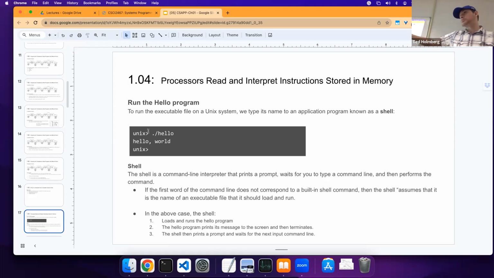So let's start with the shell. The shell is our command line interpreter that prints a prompt, waits for you to type a command line, and then performs that command. If the first word of the command line does not correspond to a built-in shell command, so for instance, there's lots of shell commands you probably already know, it'll see if it's inside of its built-in dictionary, its collection of